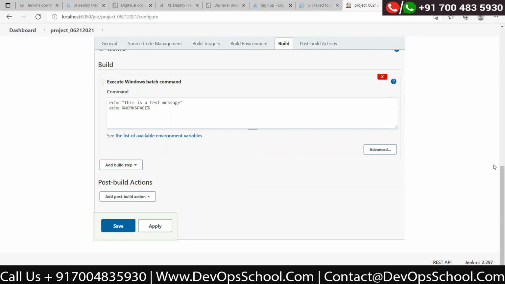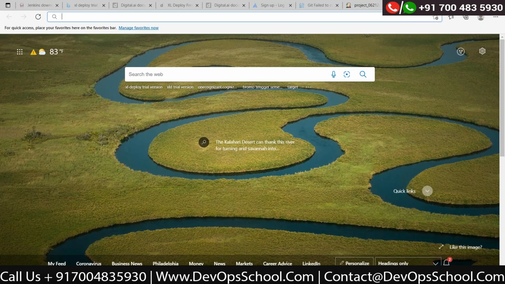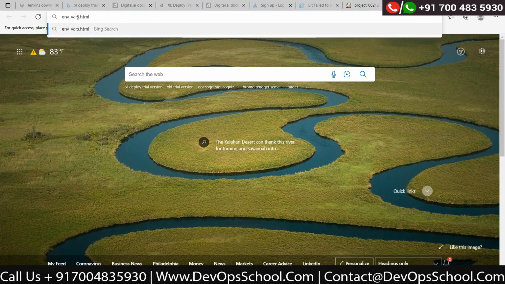So if you go to the browser, it's localhost, whatever the initial path is, slash this file name.